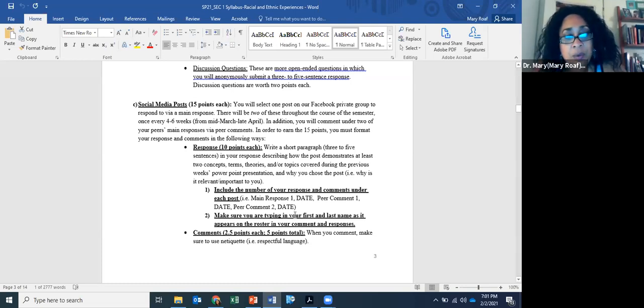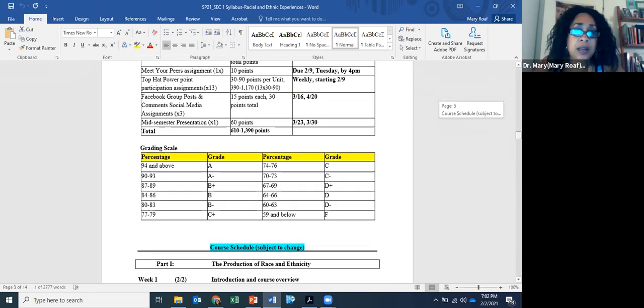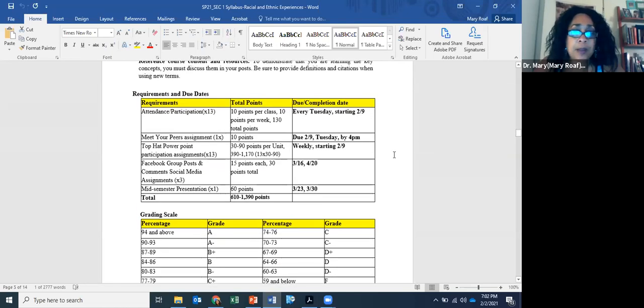And so for each of the 2 times that you do this assignment, you'll do 1 main response and 2 peer comments, where you're engaging with the main responses of 2 other people in the class. Each of the peer comments is worth 2.5 points. Again, I will be posting and sending out plenty of announcements before we get to this point, and it's in our syllabus, and I'll show you where it's located. Actually, it's like mid-March. So the first social media assignment is due March 16th.